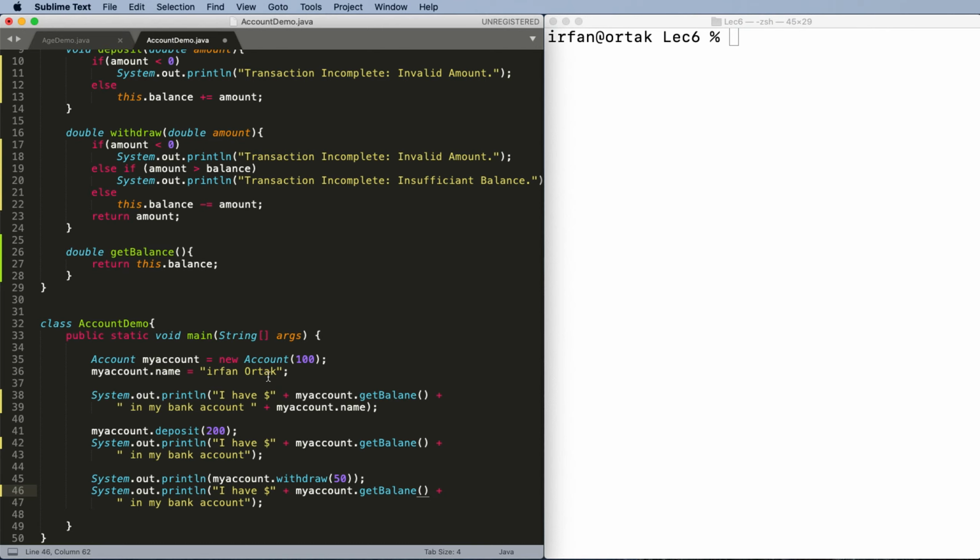So now we're going to do some checks. If I have $100 here, and I want to deposit 200, that is fine, but I want to withdraw 500. What do you think will happen? According to our plan, we should not be able to withdraw 500 because we don't have enough balance. Okay, so save and